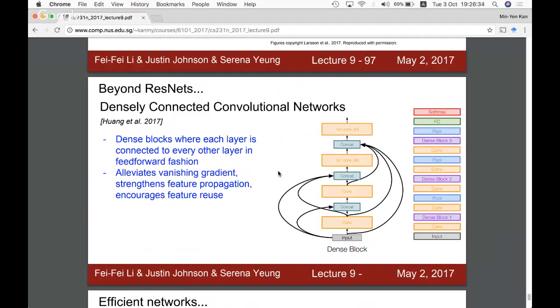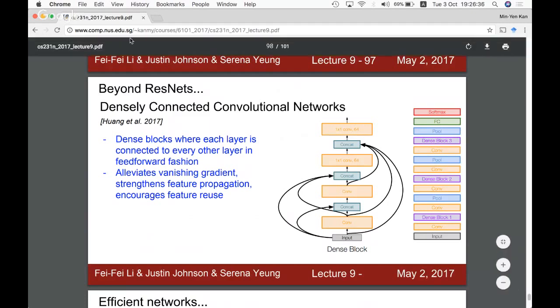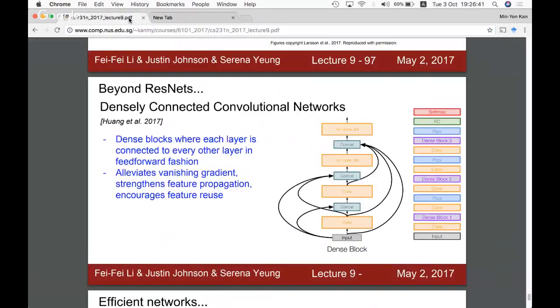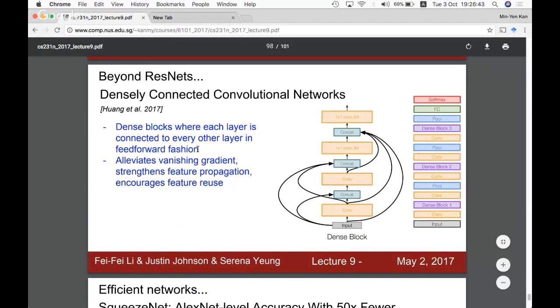You can open the paper. Yeah. Okay, just finish this and it's probably okay. So